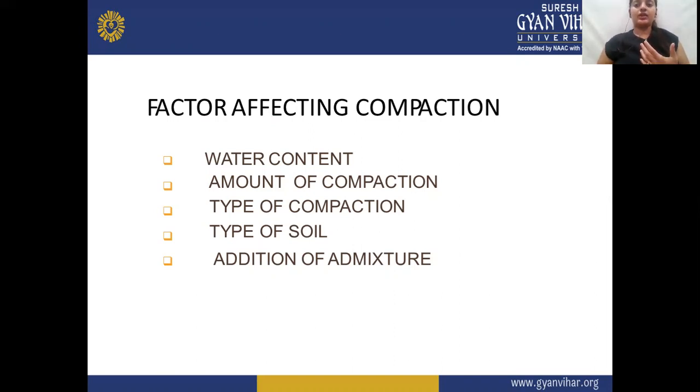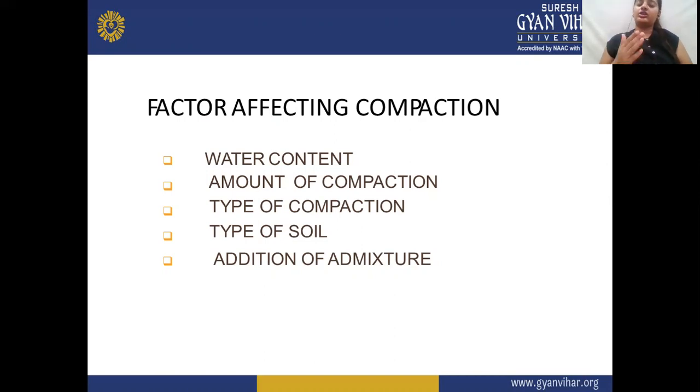is added in the soil mixture, what happens is the water tends to have bleeding properties. The soil tends to run away along with the water. That is the reason why we have some laboratory tests like the standard Proctor test and modified Proctor test to calculate the optimum water content so that maximum compaction can be achieved, and that is how we can calculate what amount of water should be required to achieve the greatest compaction.